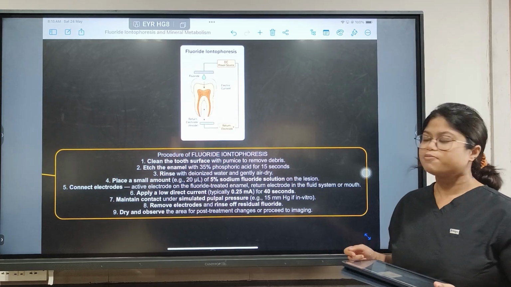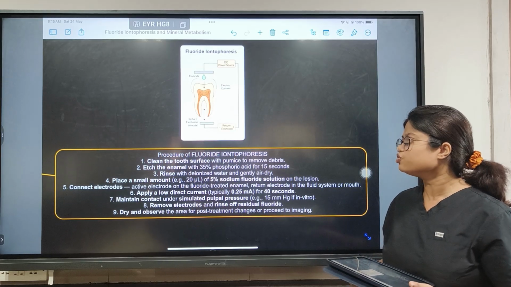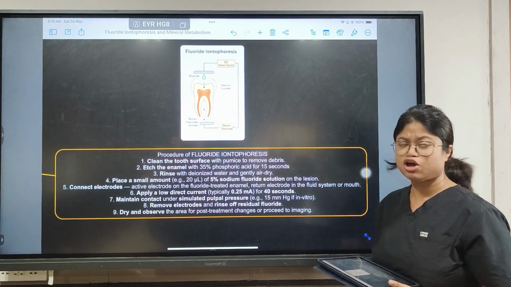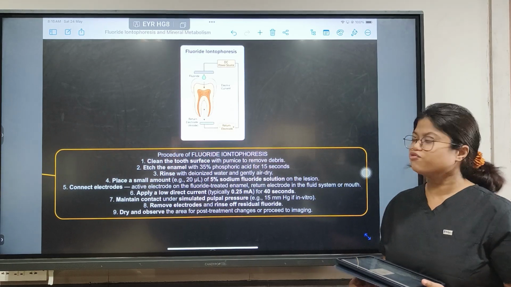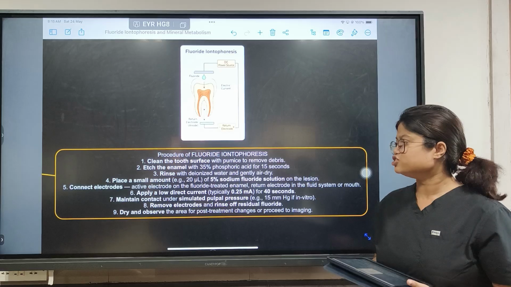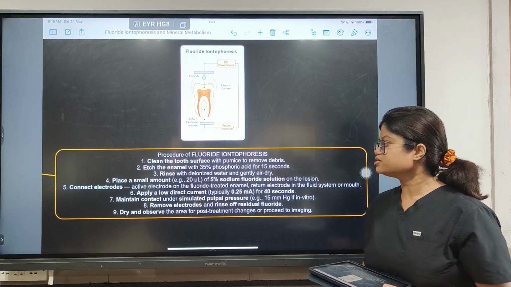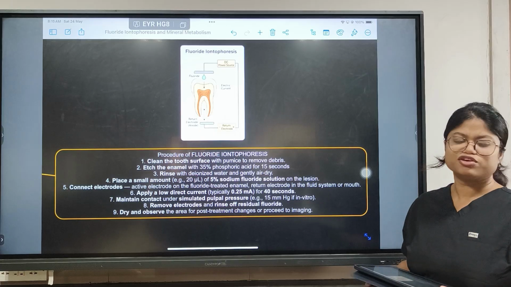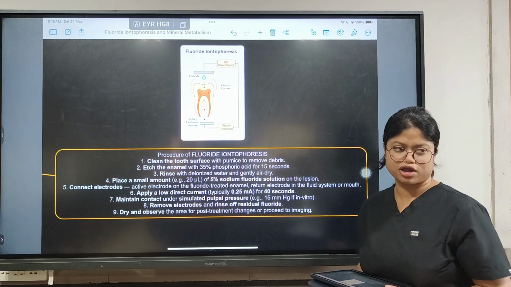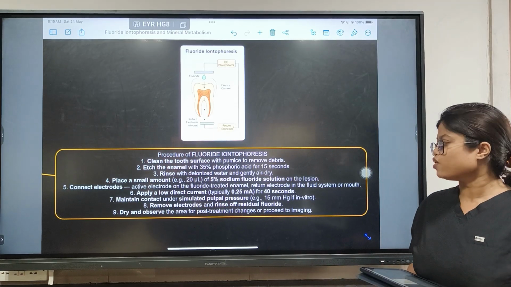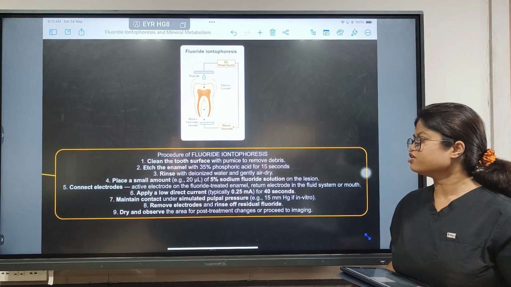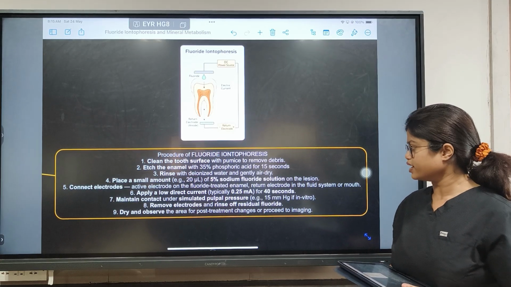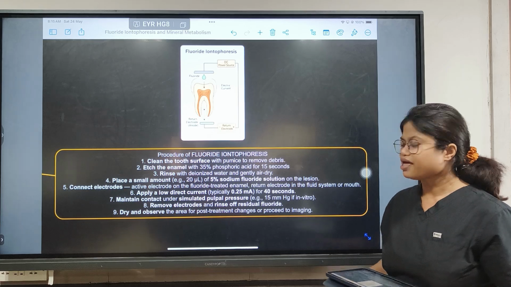Depending upon the samples that we are going to use, specifically the tooth, the first step is the cleaning of the tooth surfaces to remove any debris. Secondly, etching with 35% phosphoric acid for 15 seconds. Then we rinse the tooth surface with deionized water, or leave it to air dry. Then we place a small amount of the 5% sodium fluoride solution on the lesion, and then we